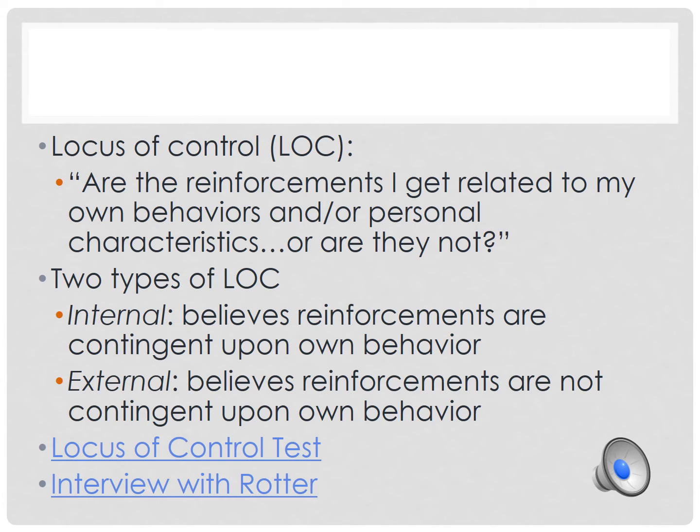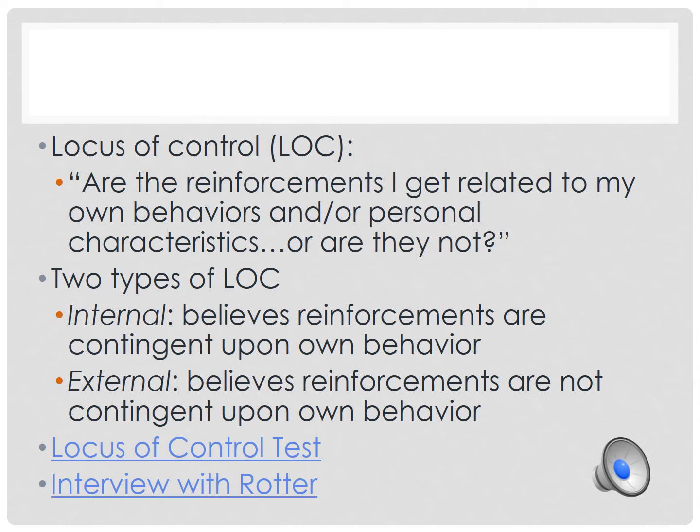Somebody who is leaning towards having an internal locus of control believes that reinforcements are contingent upon their own behavior or upon something about them. So they have a sense of control over receiving reinforcements. External locus of control is, as you might guess, just the opposite. A person who leans towards an external locus of control believes that reinforcements are not related to anything about them, their own behavior, or their characteristics. Something outside of them, external to them, is delivering, shall we say, the reinforcements.